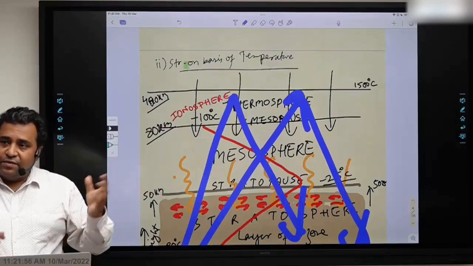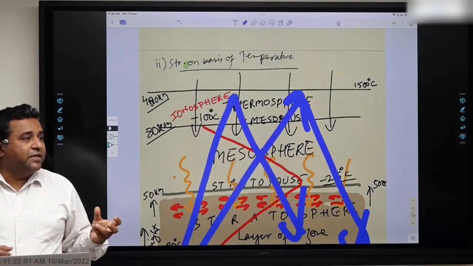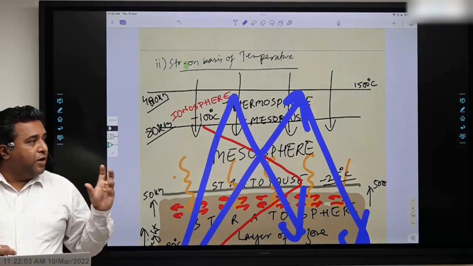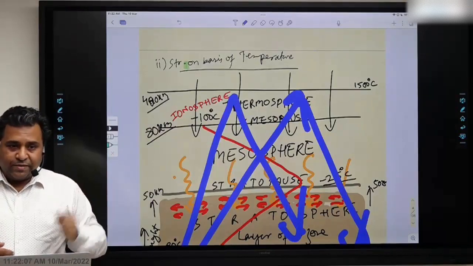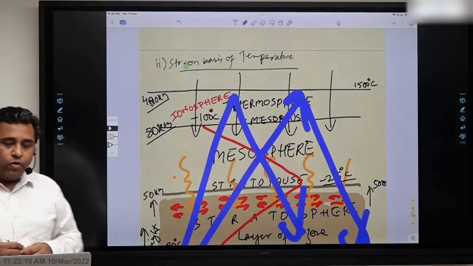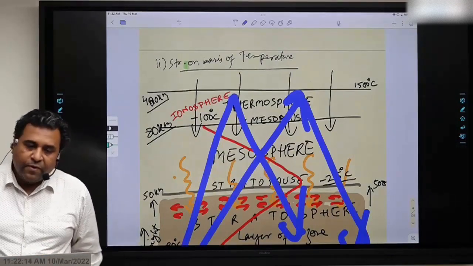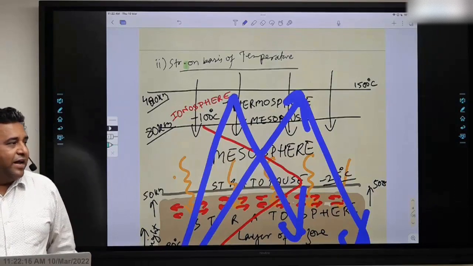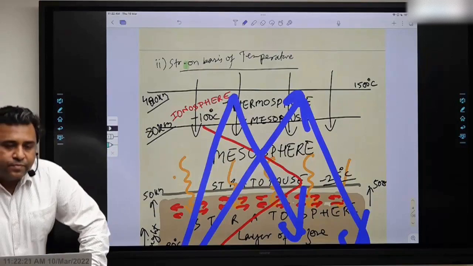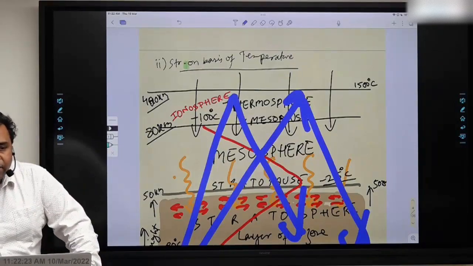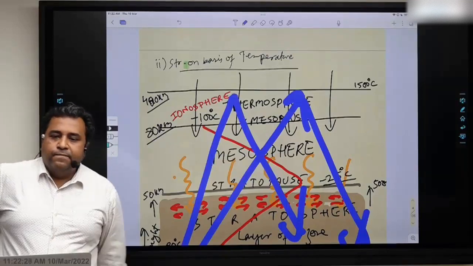For us, we get the radio waves. In nature also they create another phenomenon that is called the aurora. The phenomenon of aurora in nature is created in the ionosphere. You also have to write that, okay? That the phenomenon of aurora, A-U-R-O-R-A, the phenomenon of aurora is created in the ionosphere.